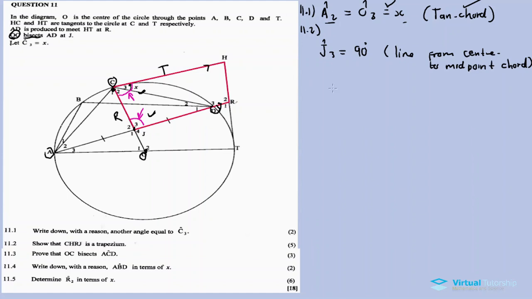So this angle OCH is in fact equal to 90 degrees as well. Why? It's because of another theorem involving a tangent, which says a tangent is always perpendicular to the radius. So therefore